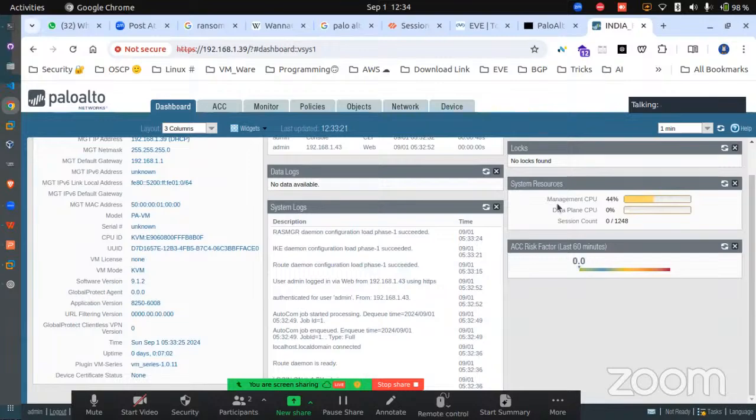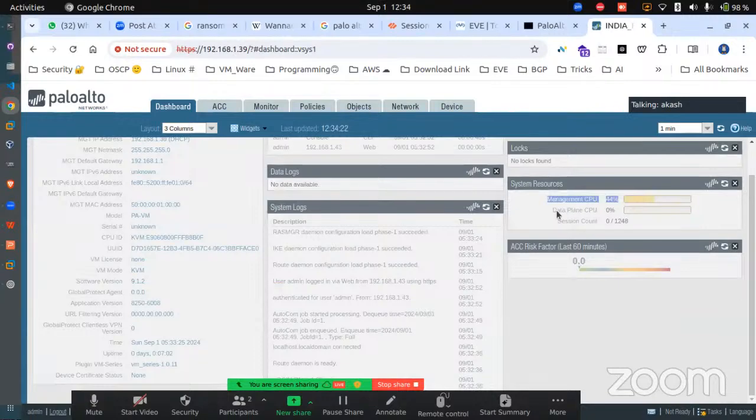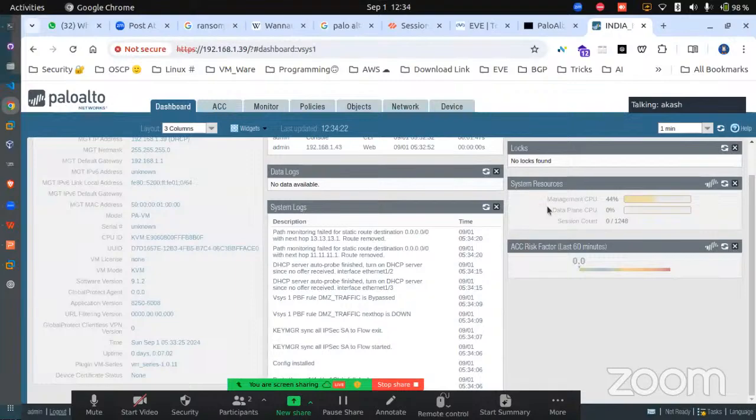So this is what makes Palo Alto special from other vendors. Basically, it has a management CPU. With the help of the management CPU, we will be doing all the configuration. And with the help of the data plane CPU, it will be doing all the network related things. Now we can see there are no such devices. There is no traffic in the network. So